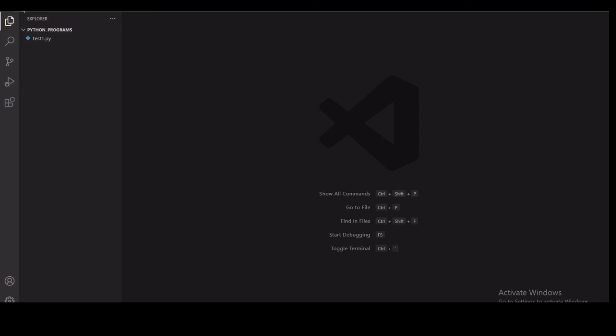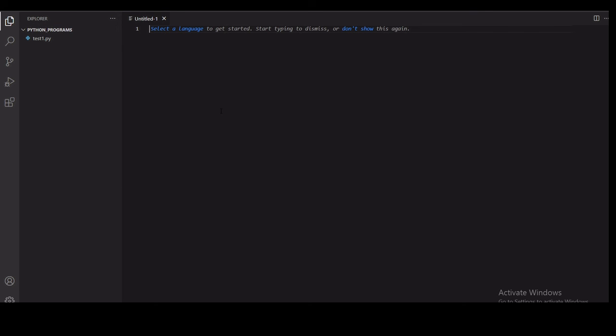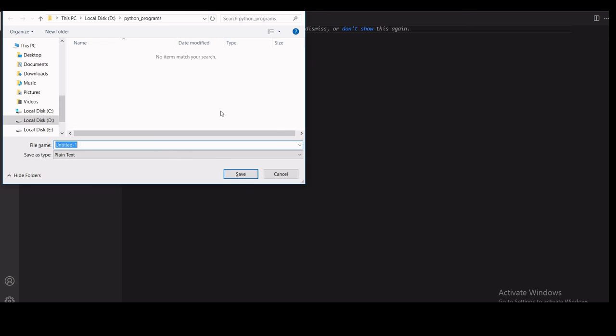Now what to do? Again click on File, New File. But before writing anything, first of all save this file, because as I already told, in Visual Studio you can write Python, Java, C, C++, C#, any language. So save this file so that Visual Studio will understand what language you are going to use. During saving it will be automatically saved into the folder which you have already chosen. Give any name, for example test2.py, obviously, because it is Python.